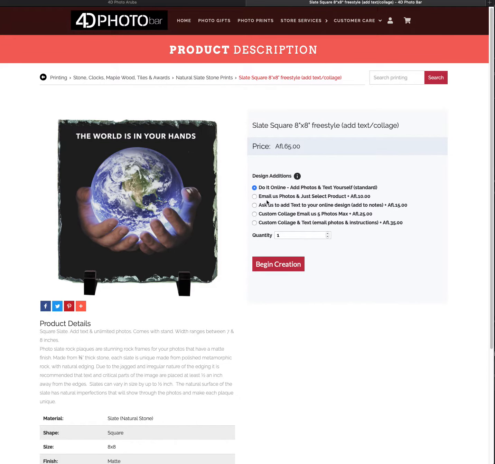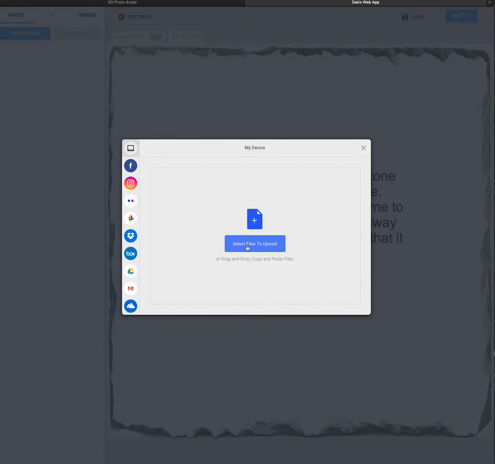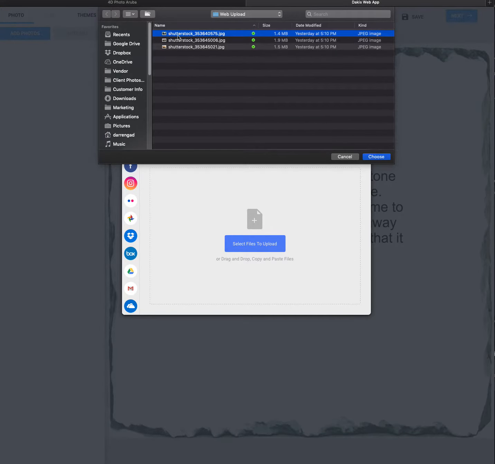You can also email us the photos and we'll charge you a little bit, but we can do it for you. Here you see that the web engine is loading, and I have a disclaimer here that all the slates are a little bit different, so be careful that things will get cut off towards the edges. You select your file to upload. Let's just select 2 files for today,